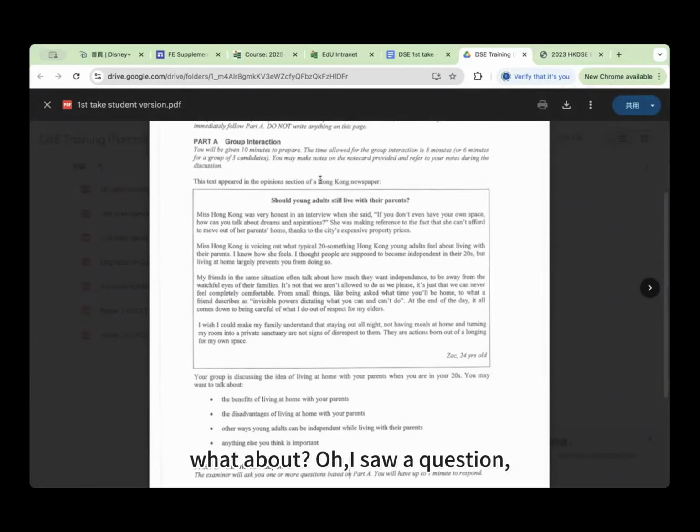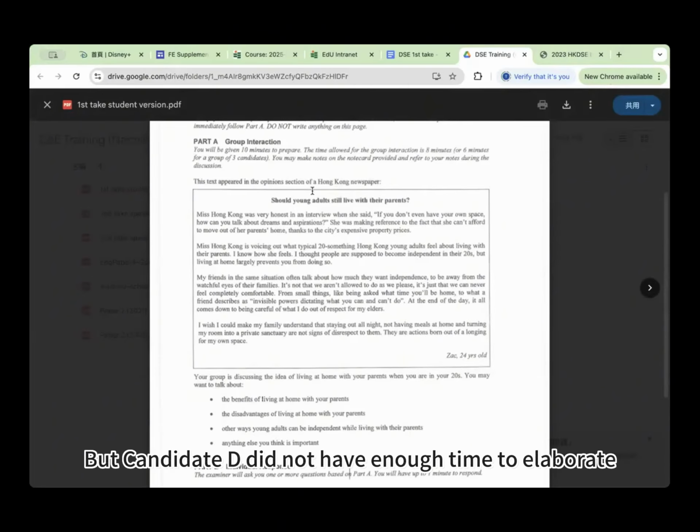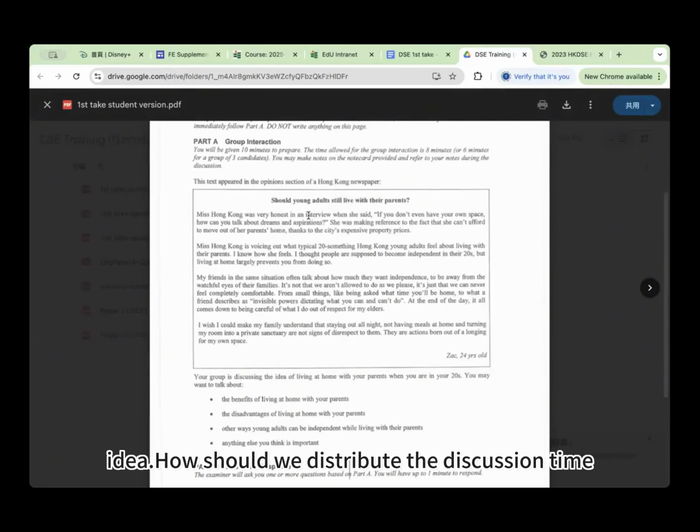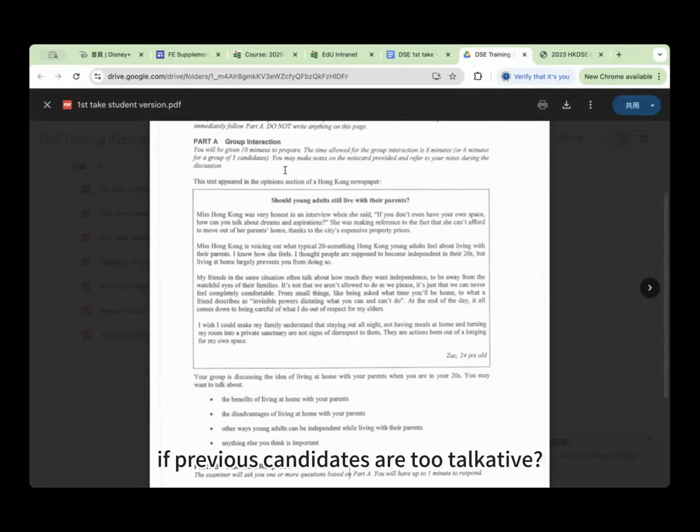Oh, I saw a question. What if the time is up, but candidate D did not have enough time to elaborate the idea? How should we distribute the discussion time if previous candidates are too talkative? Okay, this is a good question. You mean during the discussions when the time is nearly up and candidate D is still speaking, right? Yes, this is